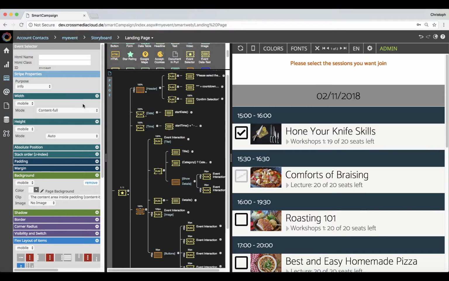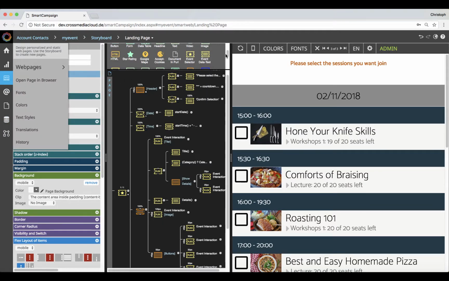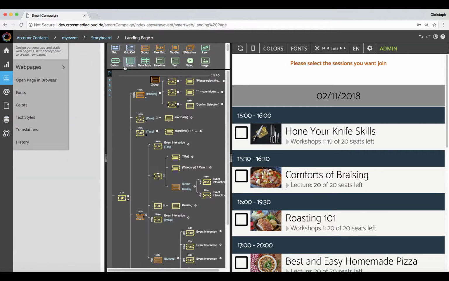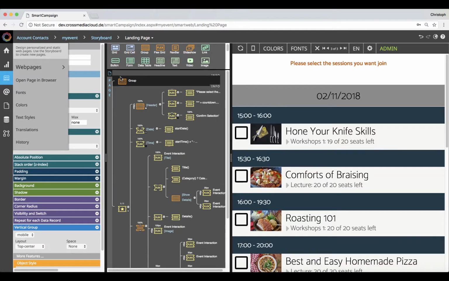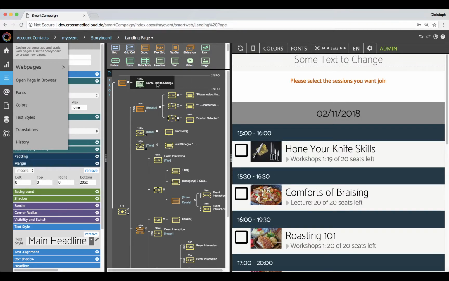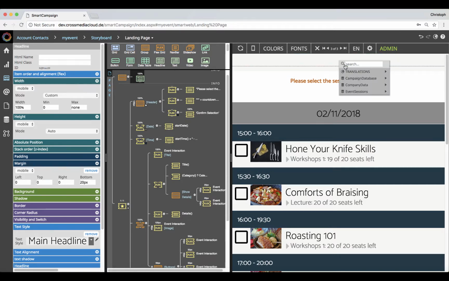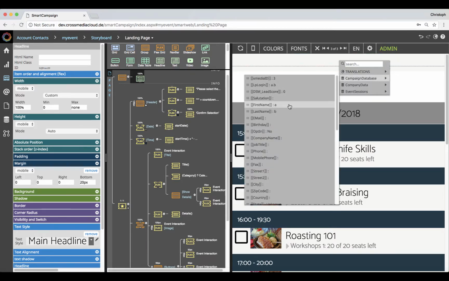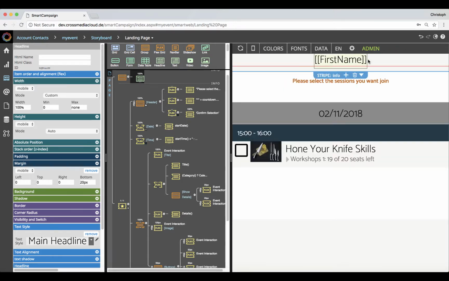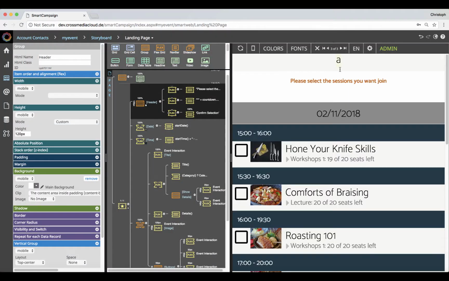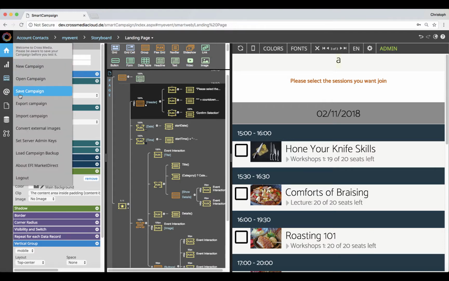We can put the username somewhere here, so we see who is actually working. So put the headline in here, and let me just put the first name here. Okay, so that's definitely user A, and when we save that again